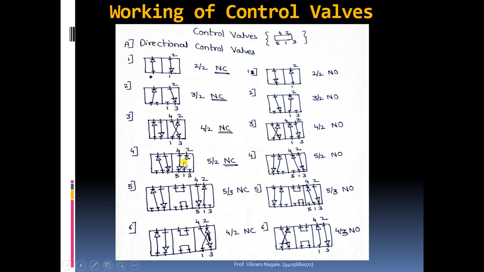नॉर्मली मी काय सांगतोय की जो ब्लॉक ॲक्टिव्ह असेल तो कुठचा असणार आहे, राईट साईडचा ब्लॉक. So that's why I have given numbers to the ports in the right side block. In case the left side block is in active condition, though it's an NC valve, in case the left side block is in active condition, we should give numbers to the ports in the left side block.